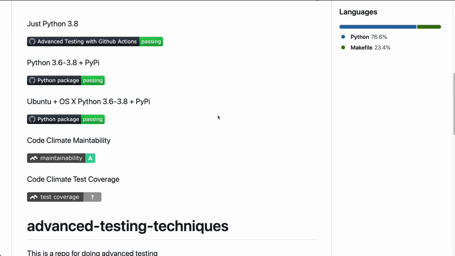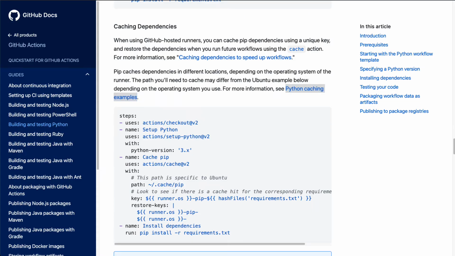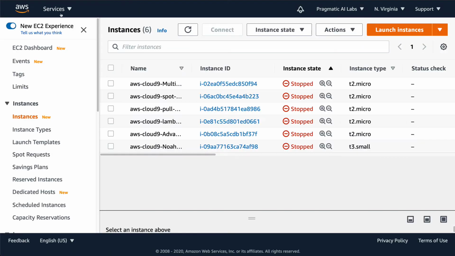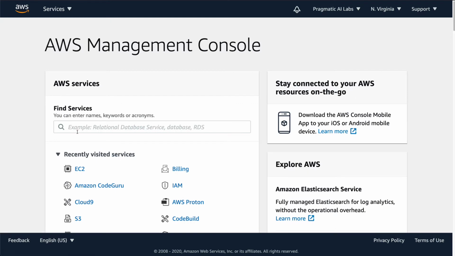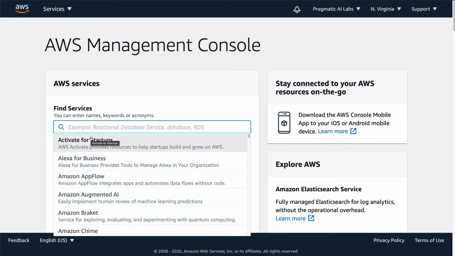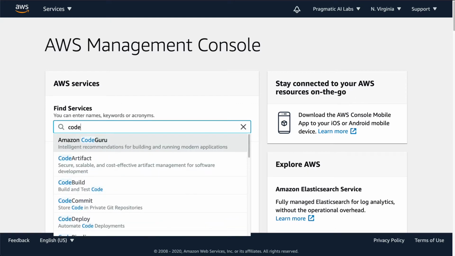So let me do the next step here, which is, since we are already inside of AWS, let's go back there and let's also use their build system, and let's see how that looks. So AWS has a build system called CodeBuild. So if we go to CodeBuild here,